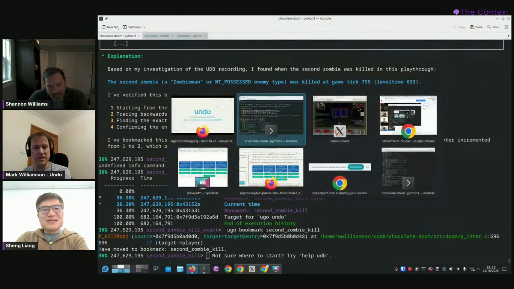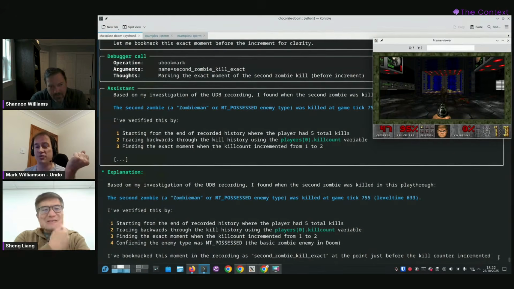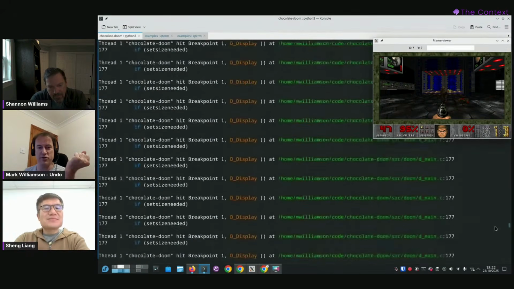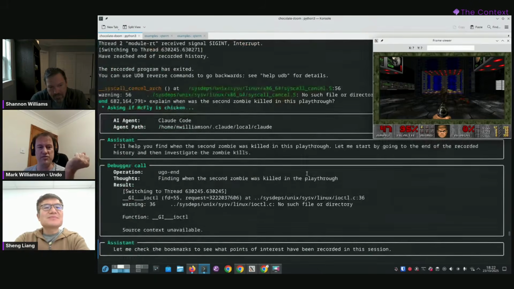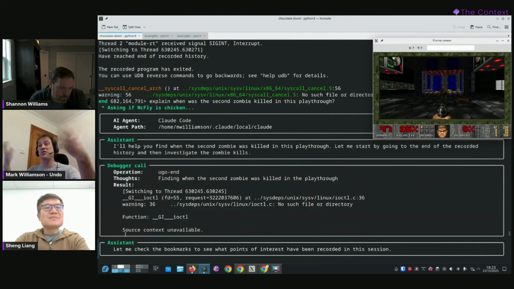So there's a couple of different ways of interacting. All of this is exposed over the MCP server. If I scroll back up within history, you'll see that we've spawned a Claude Code instance in the background, a terminal-based coding agent, but we're using it headless here. And we've actually exported this, what was an interactive debugging session, for remote control over MCP. Every time you see one of these boxes that says debugger call, that's an MCP call coming back to us from the captive Claude instance. So you can do this two ways.